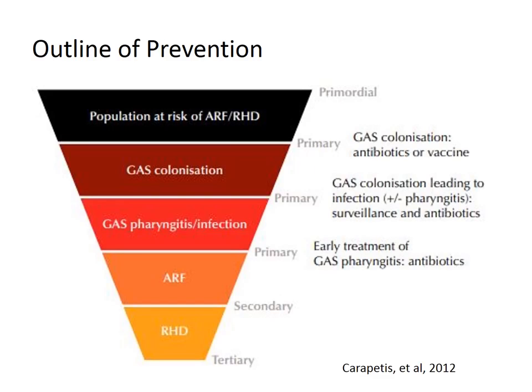Prevention of rheumatic fever, which is probably to me the most important topic of this talk, because as you will see, rheumatic fever can be totally preventable. The outline of prevention includes primordial prevention, which is dealing with the population at risk for acute rheumatic fever, and then followed by primary prevention, which is getting rid of the group A strep in the pharynx before it leads to clinical rheumatic fever.